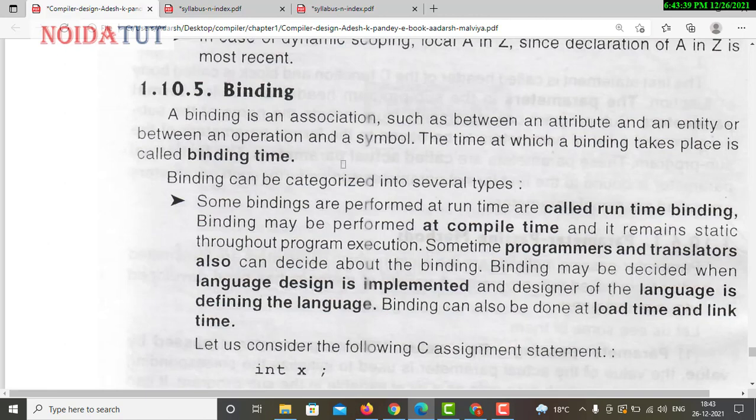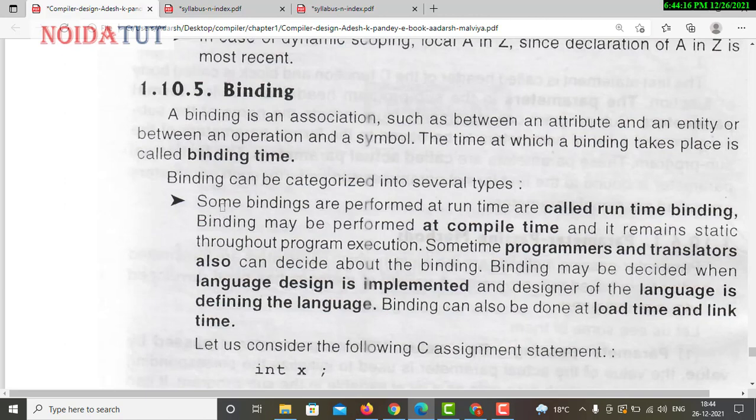Now see the difference between compile time and runtime binding. Yesterday I gave you an example of addition of two numbers. If the user gives two inputs, the function with two parameters will be called. If the user gives three inputs, the function with three parameters will be called. Nobody knows in advance; it depends upon the user. That is known as runtime, so it is known as late binding.